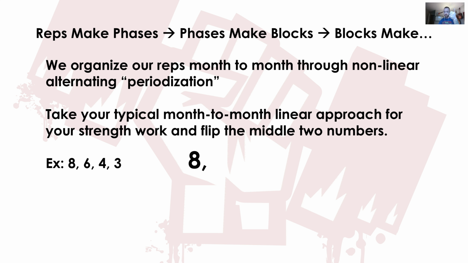We take the first number. We still start with that. We simply flip the middle 2. So instead of going 8, 6, 4, 3, we flip the middle 2. Now we go 8, 4, 6, and then we still finish off with the 3 for the exact reason that I just gave. We're going to start with more mechanical stress, right, with the 8s. Then we're going to go a little bit hybrid. We're definitely going to jump to a bit more neurological stress with 4s. Then we're going to go, once again, just back up a little bit, kind of be on that more neurological, mechanical stress before we go to a much higher neurological stress with number 3.